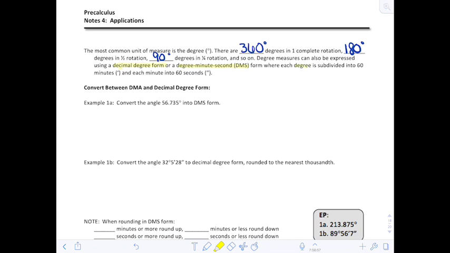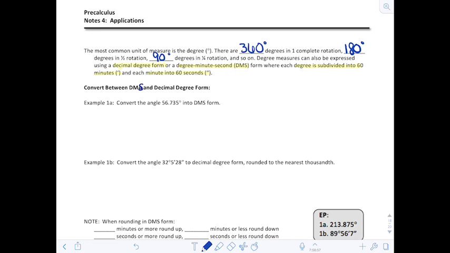This is where each degree is subdivided into 60 minutes with a little apostrophe as the notation, and each minute into 60 seconds with what looks like a quotation mark right there. So in pre-cal in our class, we're going to just do things with the calculator, but for these first two, I am going to show you how we can do this by hand. So to convert between degree or decimal degree form and degree minute second form, we're going to first take